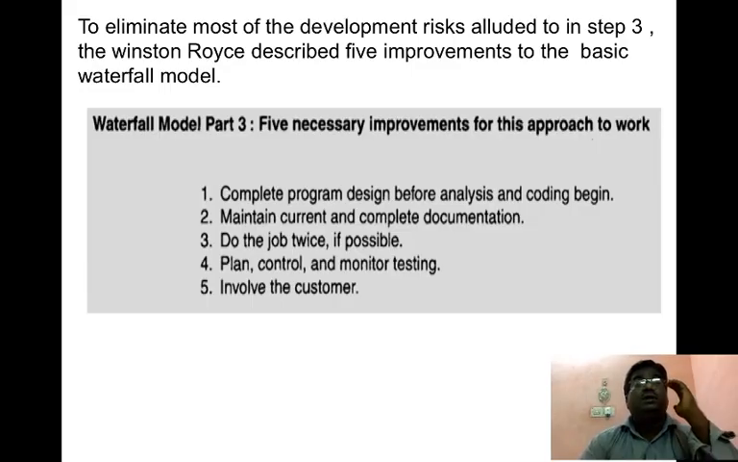The first one is complete program design before analysis and coding begin. Second one is maintain current complete documentation. Third one, do the job twice if possible. Fourth one, plan, control, monitor, testing. Fifth one is involve the customer. Right? According to Winston Rice, he suggested that first